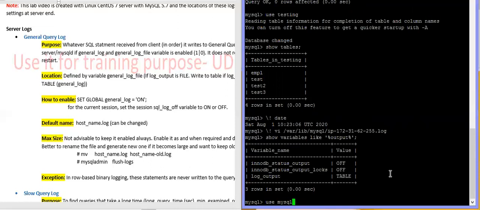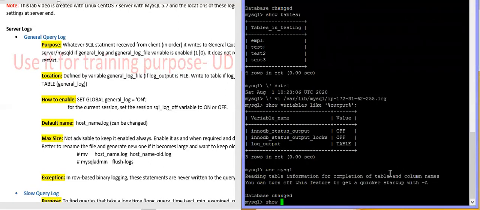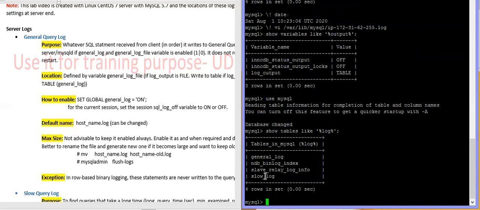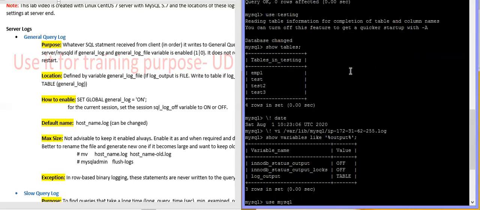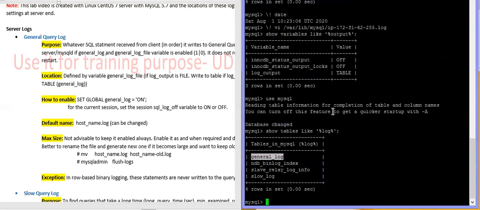Use mysql. Show tables like log. This is the general log. You can find all the commands we have tried here in this table. So select star from general_log.